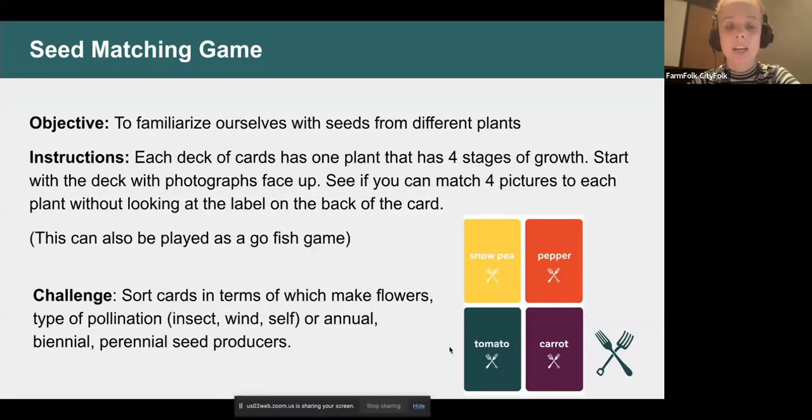So like our seed matching game, it's quite popular. The objective is to familiarize ourselves with seeds from different plants. And each deck of cards has one plant with 4 stages of growth. You start with the photographs facing up, and then you're trying to match the 4 that go together. So there's a picture of what you eat, the flower of that plant,